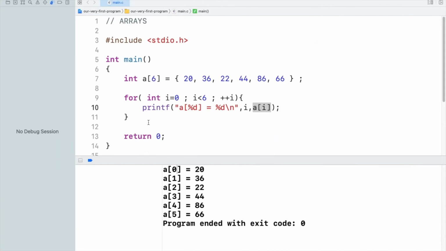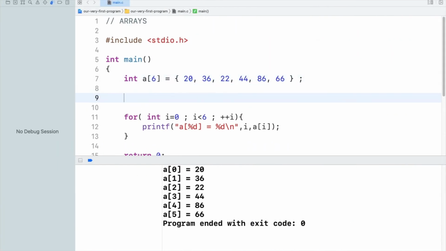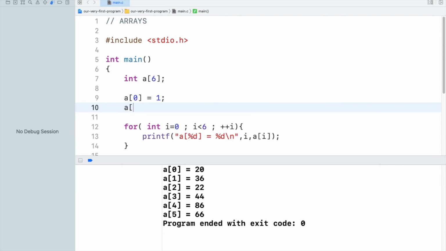Now I'm going to show you one more method you can use for overwriting the values of a particular index, or even use as an initialization. I have not initialized any of the memory locations of the array indices, so now I'm going to do this one by one. a0 is equals to 1, a1 is equals to 2, and so on.